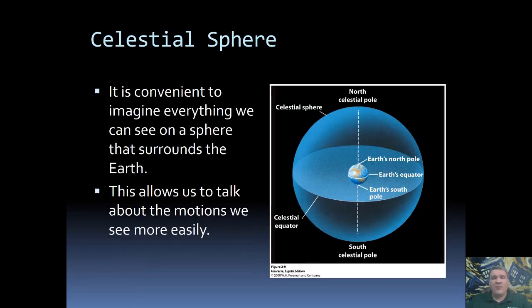Now that we're starting to talk about what we see from the Earth, we actually tell ourselves a convenient lie. We realize that this isn't true, but we use it anyway because it helps us wrap our minds around exactly what it is we're seeing. The lie is that the Earth is the center of everything, surrounded by a great ball, what we refer to as the celestial sphere, and it is on this celestial sphere that we have all of the stars. All of the stars are embedded within the celestial sphere.